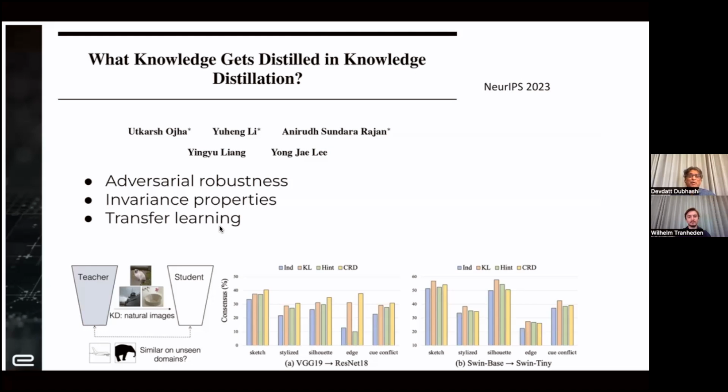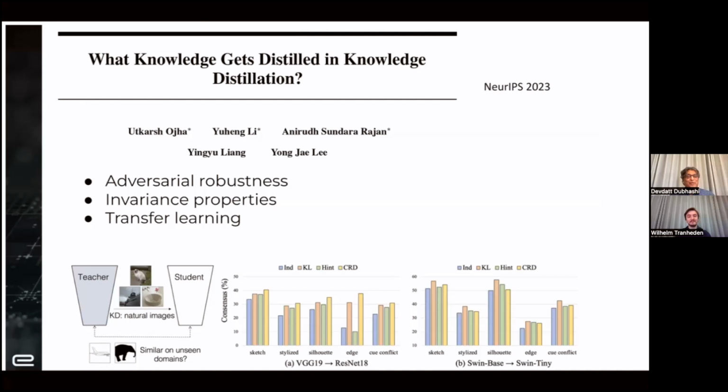So the bottom line is that knowledge distillation is a very simple but extremely powerful idea. It can be implemented in a very simple way and still get you very many benefits, not only that you preserve accuracy with much reduced cost, but also that you can transfer robustness, invariance, and transfer learning properties from the teacher to the student. So now maybe we can illustrate some of these results, and I'll hand over to Willem to